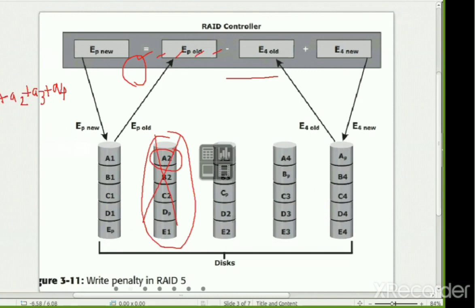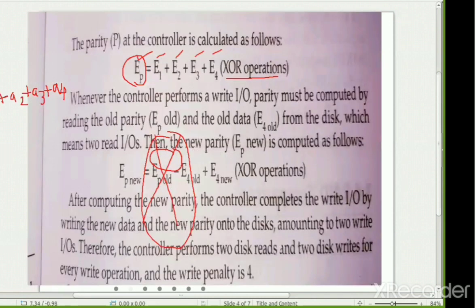So how are they going to calculate that? We will see here. You can check how the old parity is calculated. We have this AP, that is the old parity, and we have the old disk, whether it is the second disk or the fourth disk, whichever you take, and the new data that you are going to write. Using these, you calculate the parity. So P old is nothing but this one being taken.